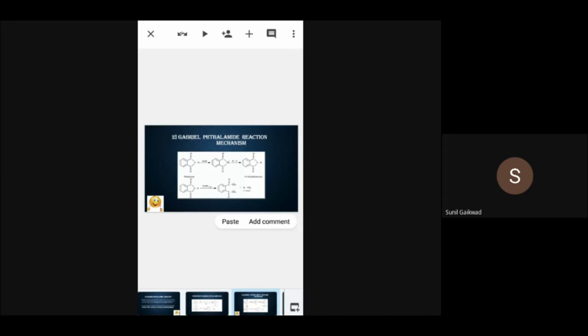So what happened? R got detached and it got attached with nitrogen, and here it forms an N-alkyl phthalimide, which is one of the major products. Now what we will do is we will take this N-alkyl phthalimide and pour it into NaOH, and this medium should be aqueous. As we pour this aqueous medium into this N-alkyl phthalimide, we get the beautiful Gabriel phthalimide reaction, and we get our NH2 as our primary amine product. And this is why this Gabriel phthalimide reaction is performed, so that we can get a primary amine, and here we get our primary amine.